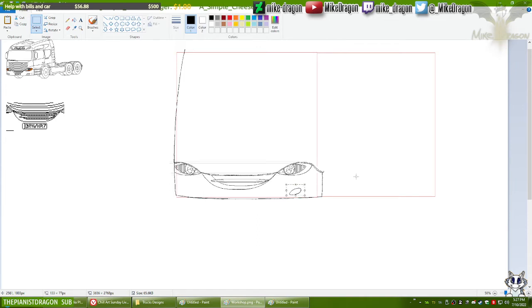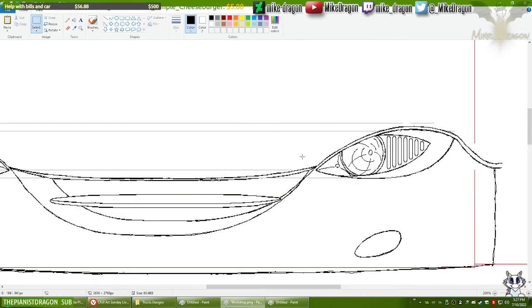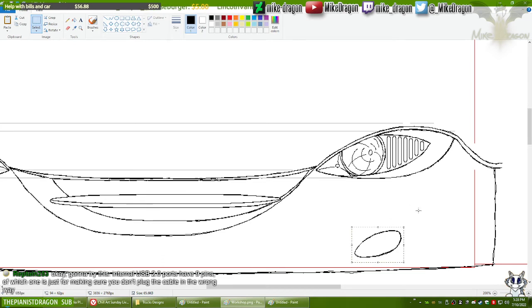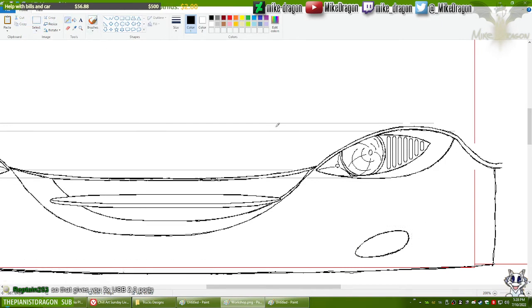Actually, leave it here, but make it a little bit longer. Gives you 2 USB ports. Yes.